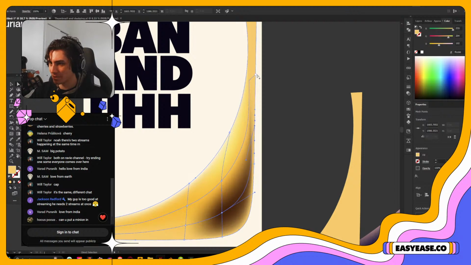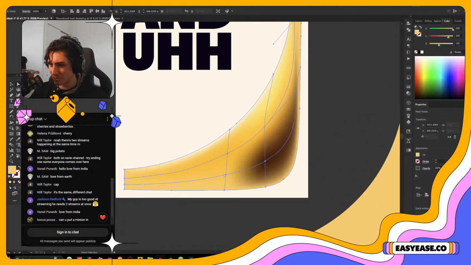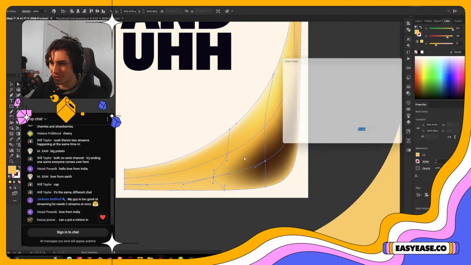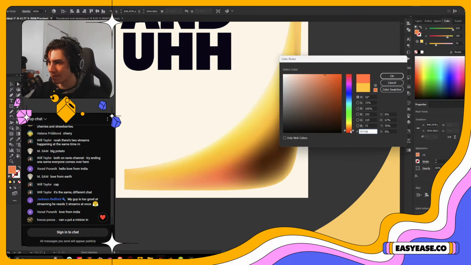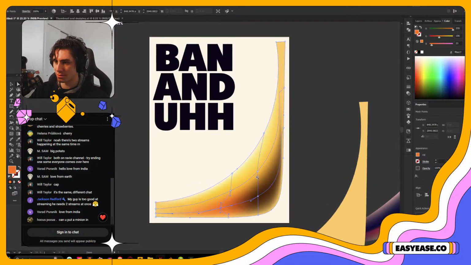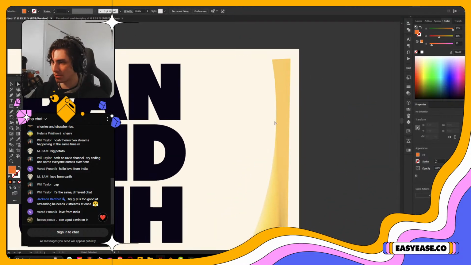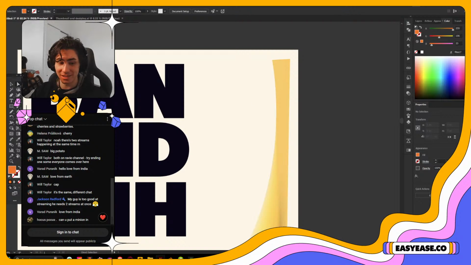I'm liking this. Some weird things happening over here with the handles. That's what happens when you use the gradient tool on like a very strange shape. Illustrator doesn't exactly know how to deal with it. What color would be silly and fun to have here? Would a green be silly and fun to have here? Ooh, a light green seems kind of silly and fun to have here. Also like a red would be nice. This whole section up here is getting a little silly. I won't even lie.